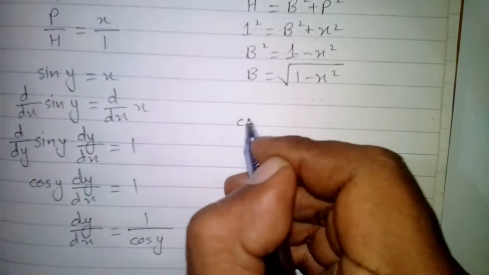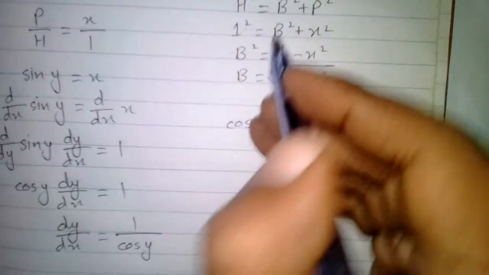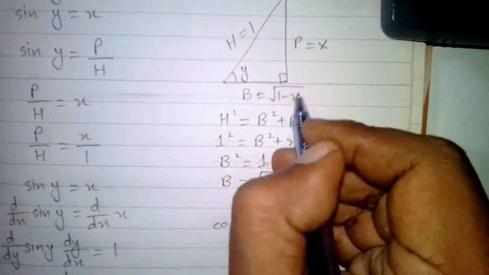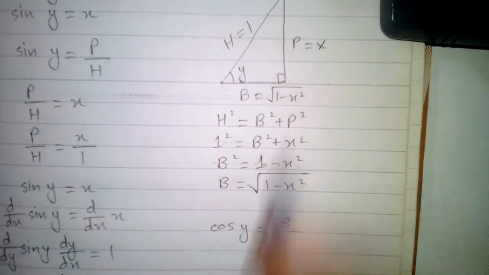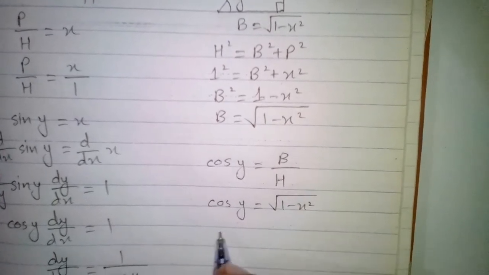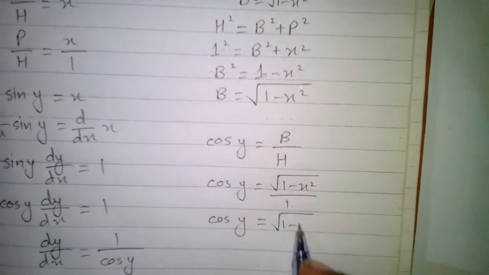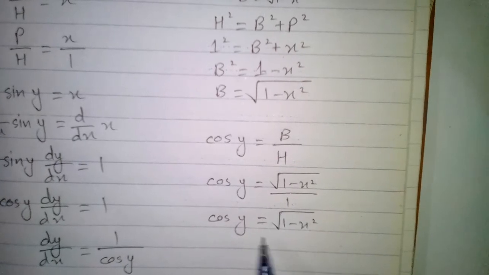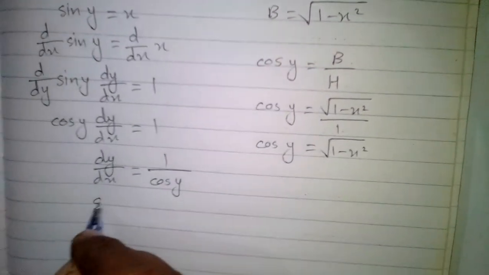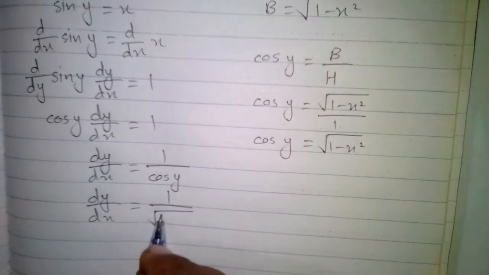Now cos y is equal to base upon hypotenuse. So we can see in this triangle base is square root of 1 minus x square and hypotenuse is 1. So cos y is equal to square root of 1 minus x square upon 1, or we can say that cos y is equal to square root of 1 minus x square. Now we will put the value of cos y, which is square root of 1 minus x square, in this derivative. So we have dy by dx is equal to 1 upon square root of 1 minus x square,